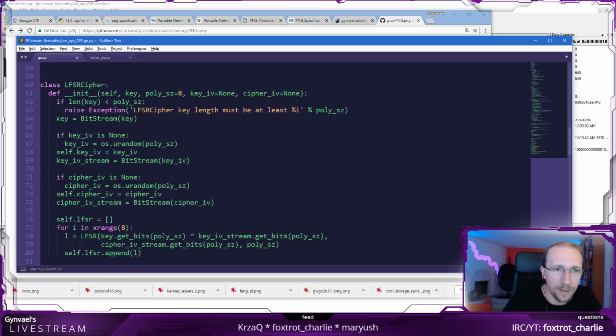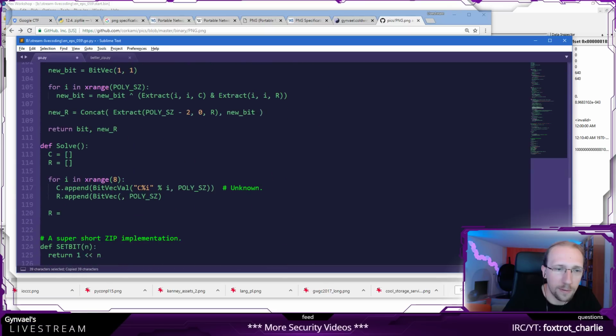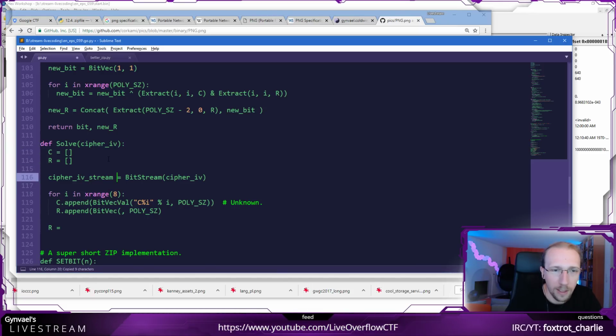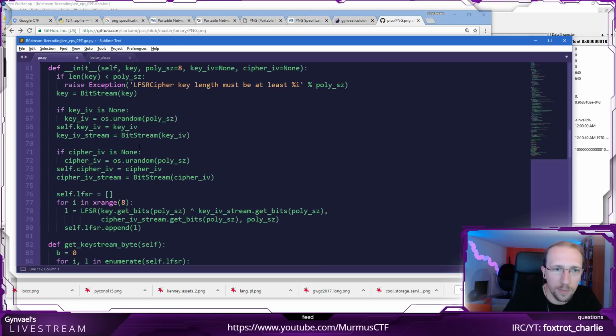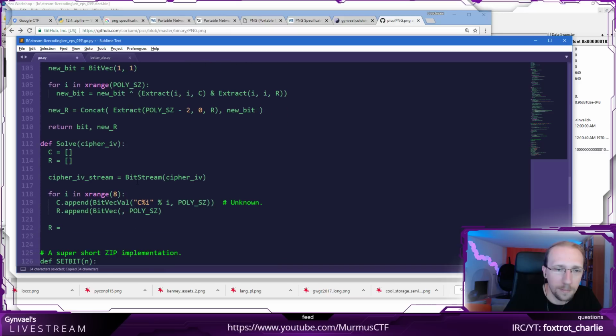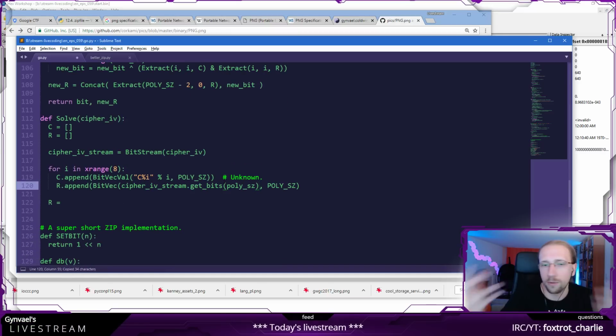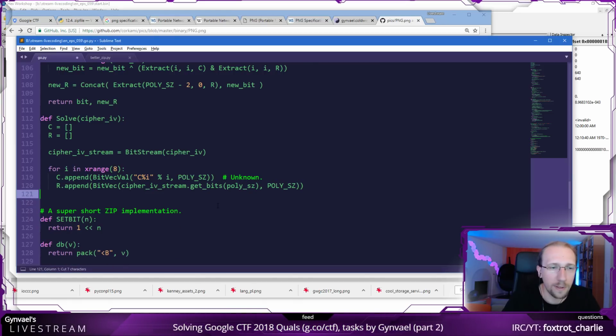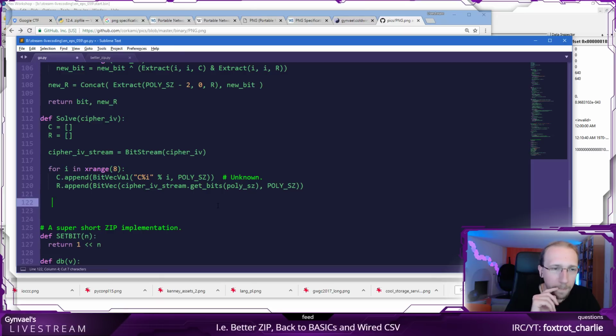yeah, I do need to get this. KIV, I don't care about key IV right now, I care about cipher. So I do need to pass it the cipher IV to the self function. And now each of them is going to get this. So I'll just copy it. Yeah, it will grab the 20 bits and put it here. Okay. So now I have both the arrays ready.